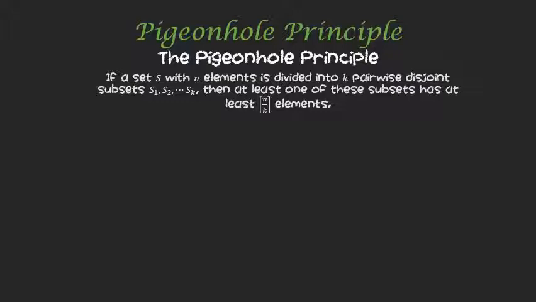Remember, this is like P implies Q, where P is: a set has n elements and it's divided into k pairwise disjoint subsets, S1 through Sk. Q would be: at least one of these subsets has at least a ceiling of n over k elements on it. And then the negation of that, because I'm going to try a contrapositive here, would be P and not Q. So what are my assumptions? My assumptions are that we have the set split into k pairwise disjoint subsets,